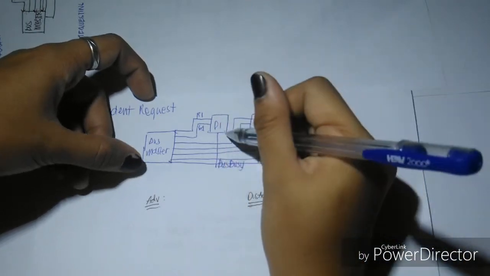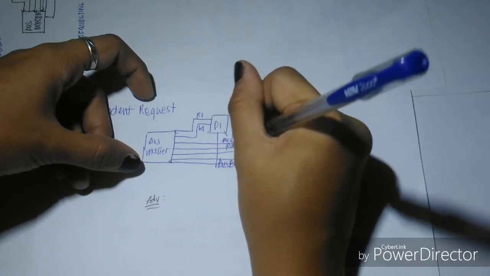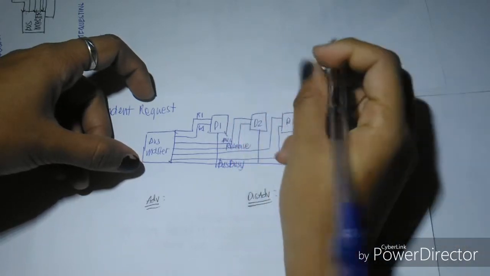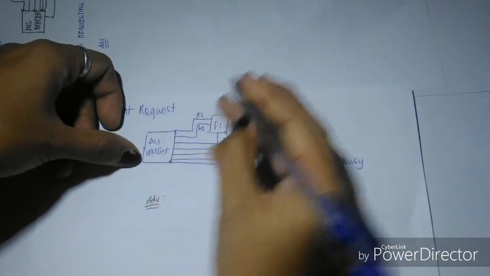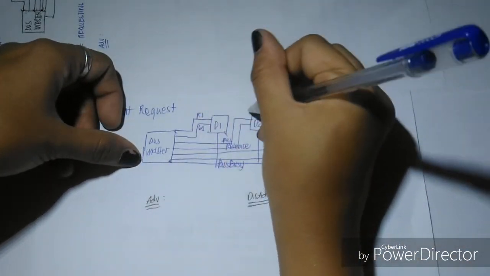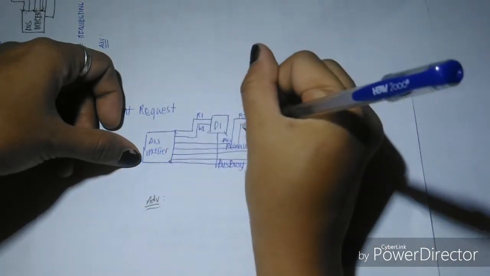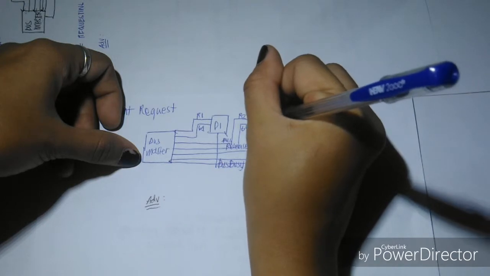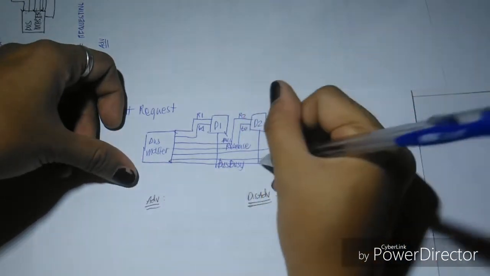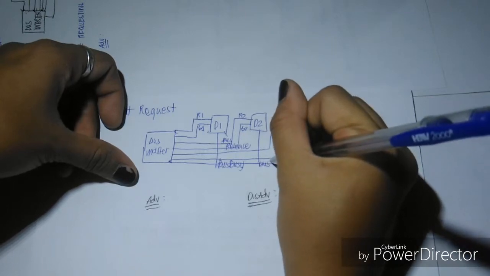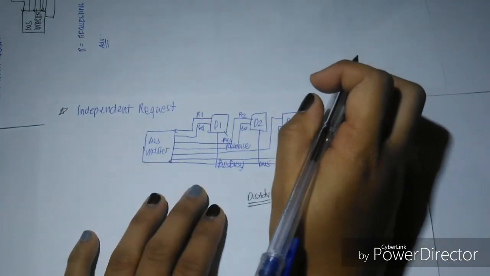Then, pag nag-release siya, may bus release yung signal, malilipat yung signal dun sa next device. Magre-request si device 2, tapos i-grant naman ni bus master. Then, pag tinik ni dito, magbabus BC. So, dito, yung device, magre-request siya